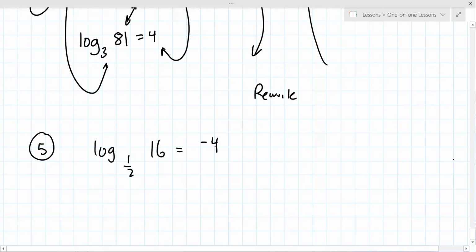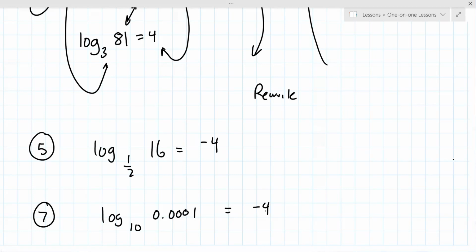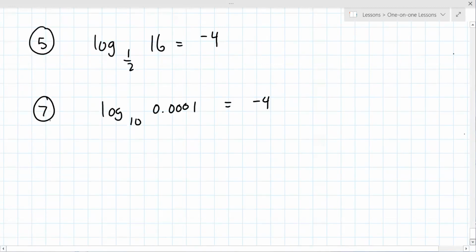All right, number 7. Log base 10 of 0.0001 equals negative 4. And then number 9, how do we put that one? Number 9 is